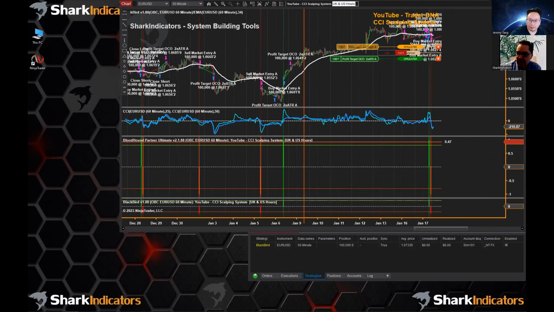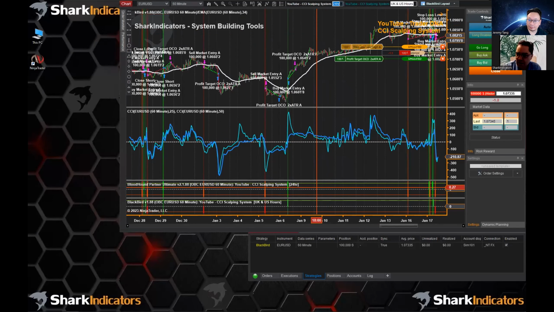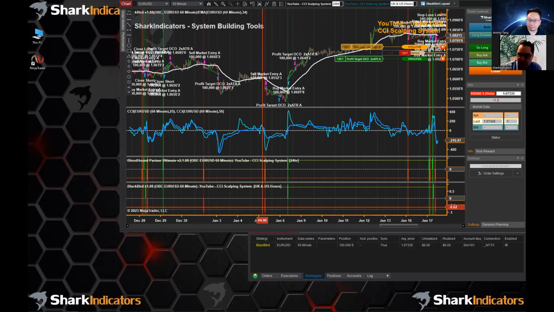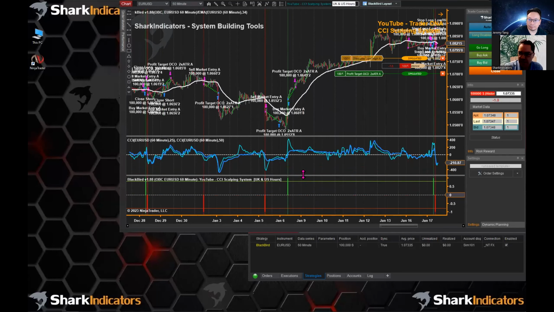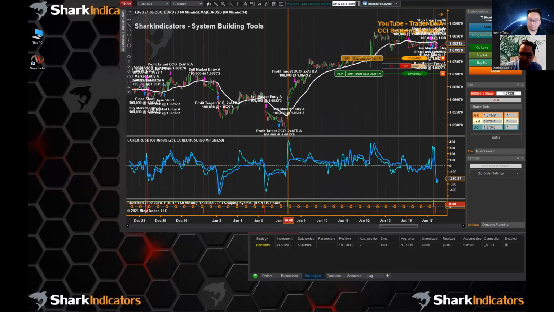Put the signals over there at the 24 hours. Is that what we're using there? Let me switch this here to the 24 hours. But first, you might notice here that I have 2 bloodhounds, and that's because Blackbird is loading up its own iteration of bloodhound so we can get those signals. So I'm going to remove the first bloodhound off my chart because it's unnecessary. It just adds more clutter to the chart. So now we just have the one bloodhound that's running inside of Blackbird.